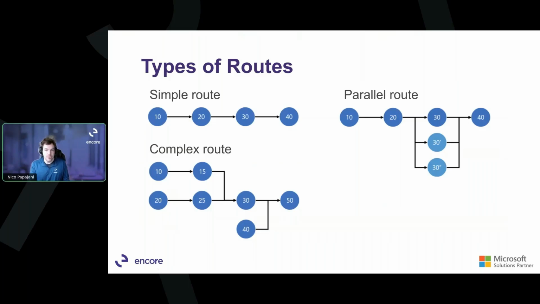So here are a couple of different types of routes that can exist in the system. The most simple route would be going in just a linear fashion. So step 1, step 2, step 3, step 4, on and on. That's represented here by that simple route diagram, where you start at the beginning on step 10, and the manufactured item follows a process from 1, 2, 3,